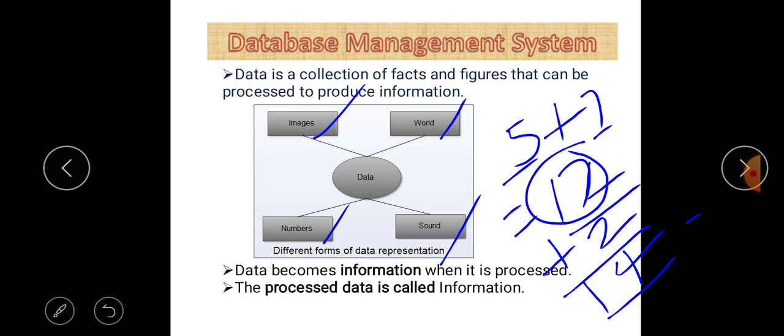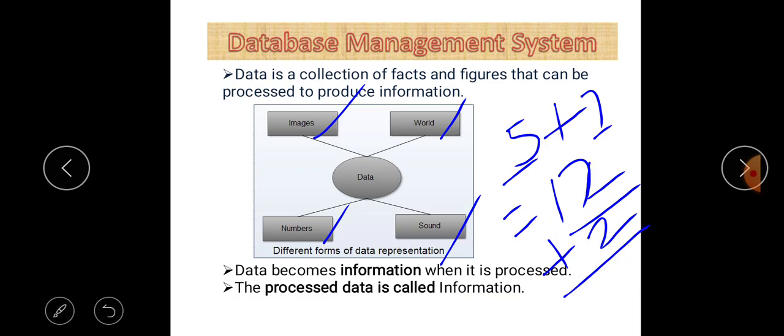So we cannot say that 12 is the information or 12 is the data. It depends on whether we have to insert it as input, or whether that is a final result. If that is a final result, the processed data is called the information. In this case, the data after processing is 14.